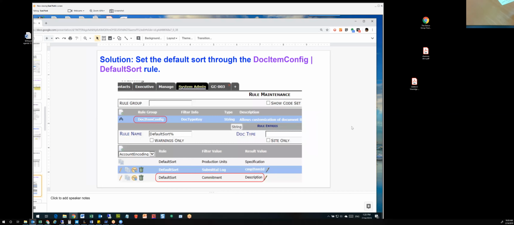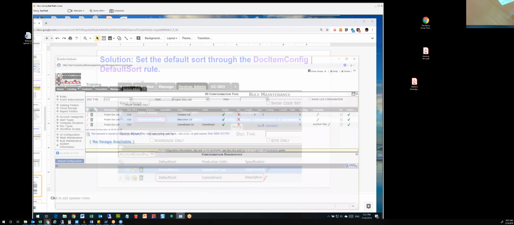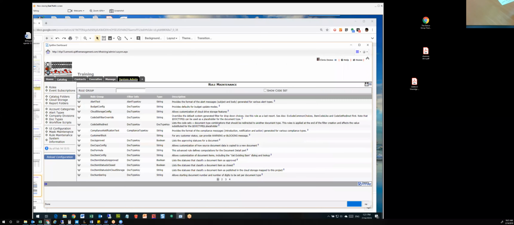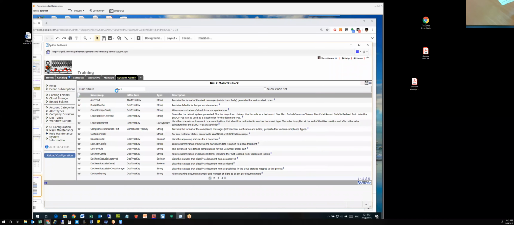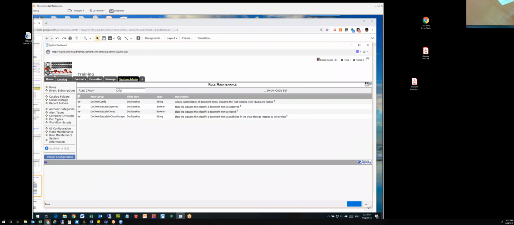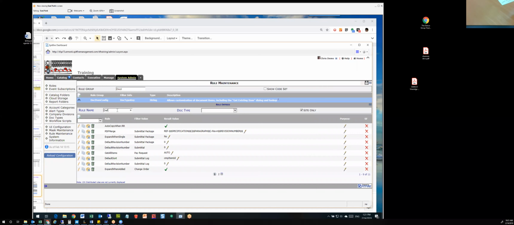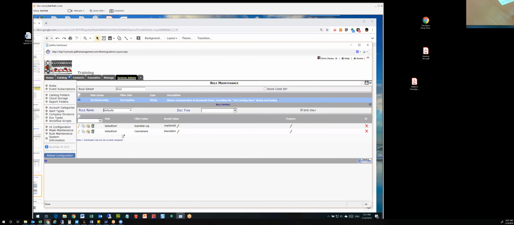Okay, so last time we did the UI config tool. For the items though, there's actually a rule. It's the .item config sort rule. Okay. So on here, I come back over to the rule maintenance tool, .item config, and the default sort. Okay, so you would want to do it by the filter value,